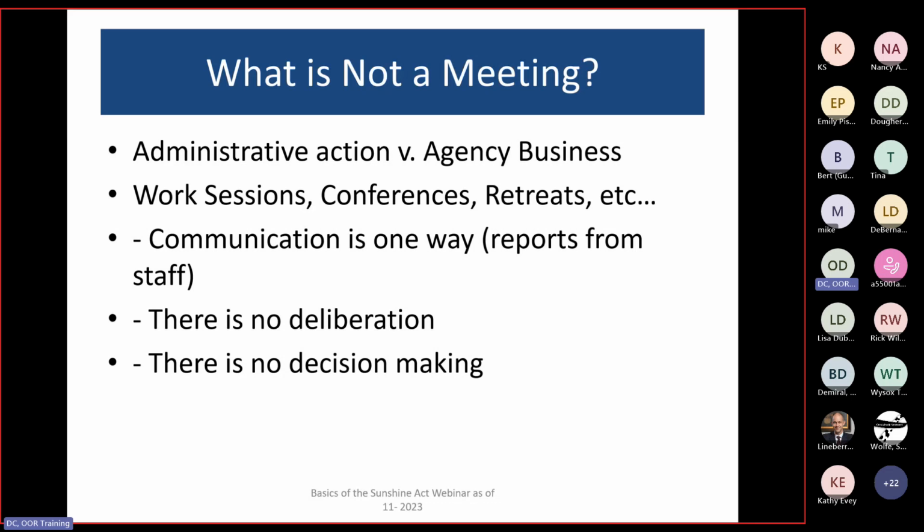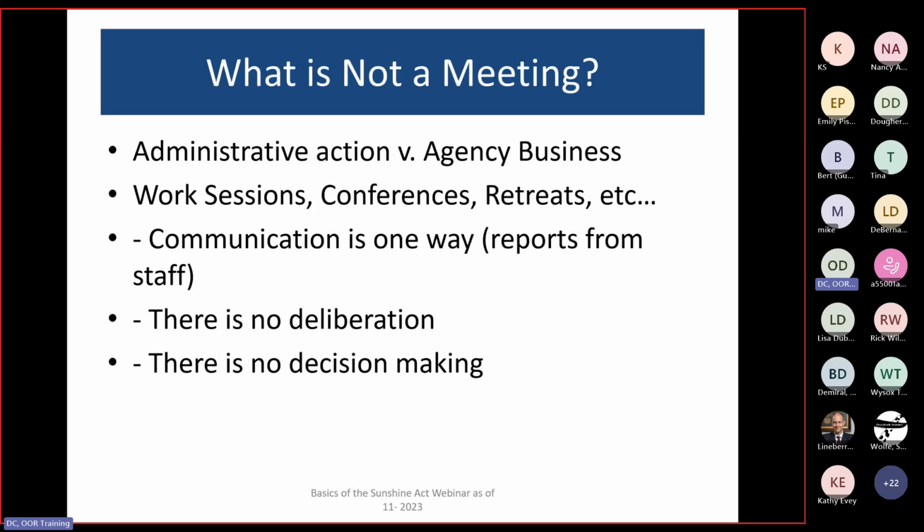You can call it whatever you like. If you're deliberating and you're making decisions, that needs to occur in a public setting. The other thing that's happening, and not as frequently, are boards complying with all the provisions of the Sunshine Act by advertising, by allowing the public to be present, even allowing public comment, but they're still calling it a work session. Now, there's no case law that governs this, but I have a lot of heartburn with that because